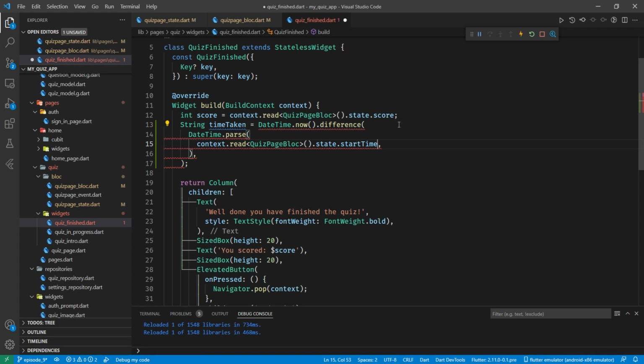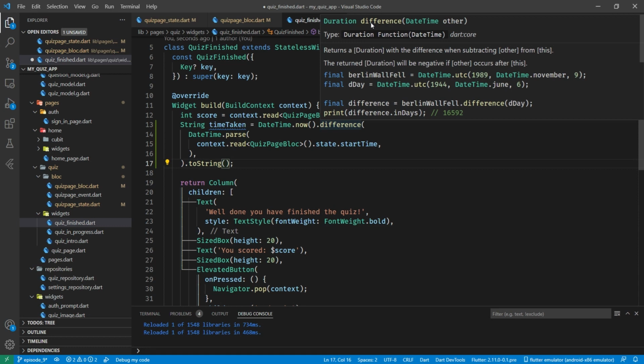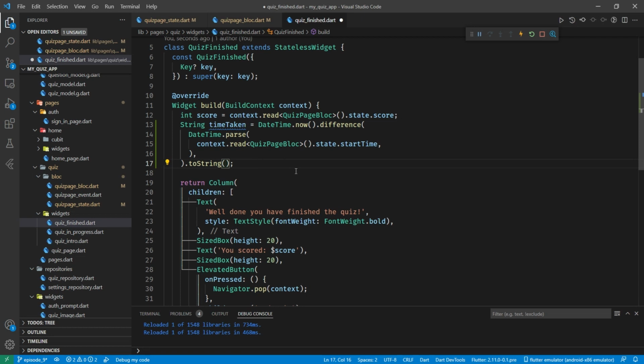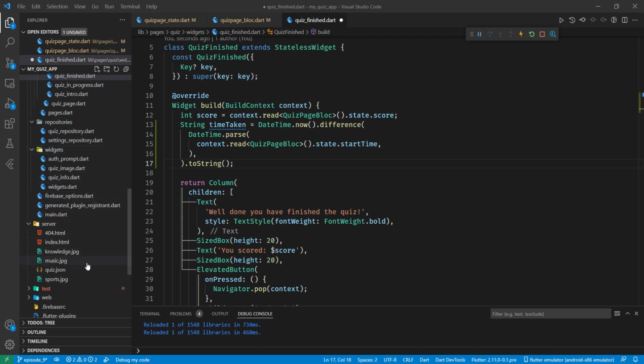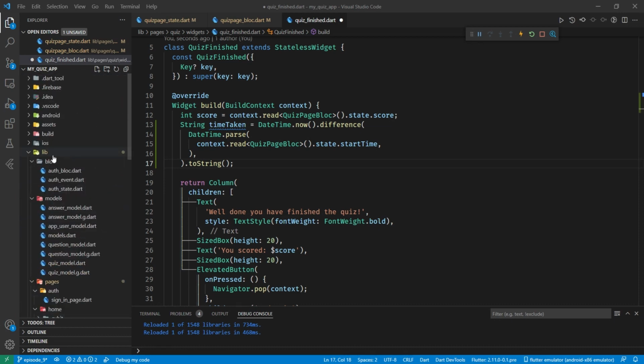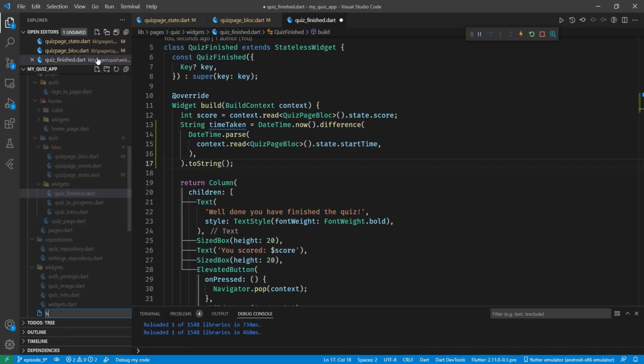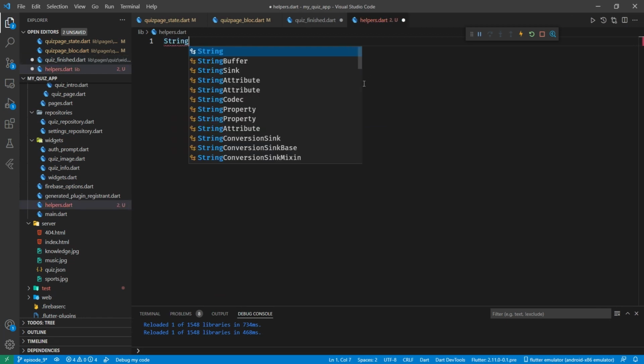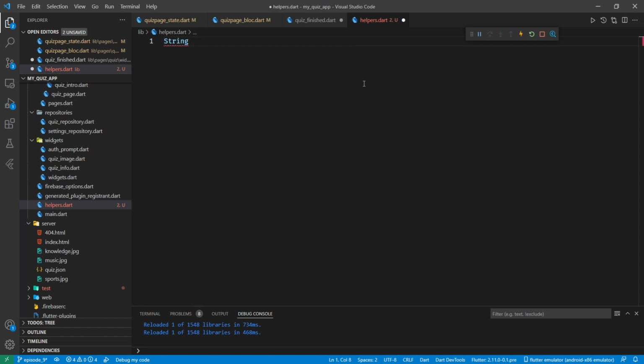Okay, now we need to convert that to a string because it's a number. That difference is going to return an actual duration, and we need that to be handled differently. Now, in fact, what we need to do is make a helper function so that we can format it in a better way. So, do we have a helpers? We haven't had any helper functions yet. So in our lib folder, I'm going to create a new file called helpers.dart, and I'm going to create a function that returns a string, which is going to be